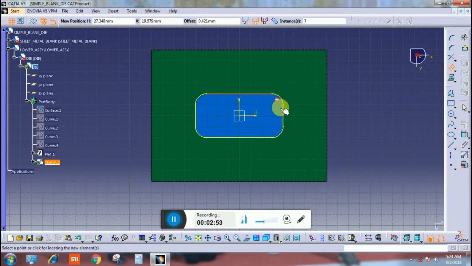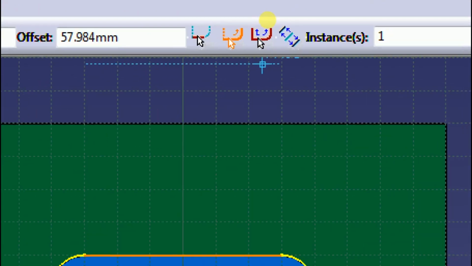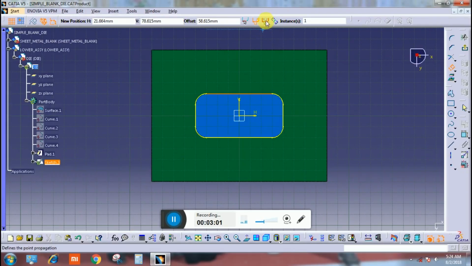Then click next, offset point, propagation, click here, here too no change. Then select 1 and 1, 2 lines and select offset series. Now this connects all points in all line profile.